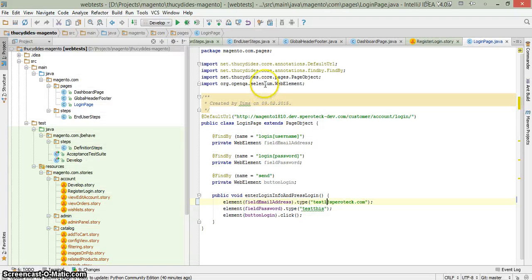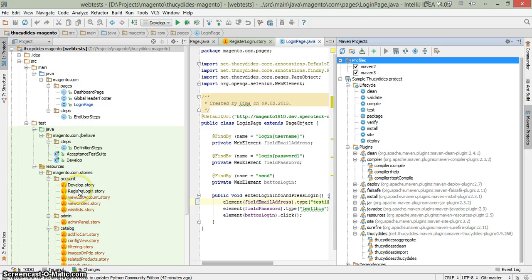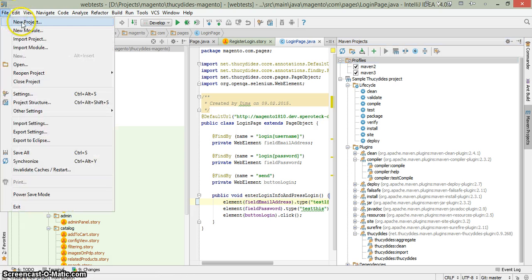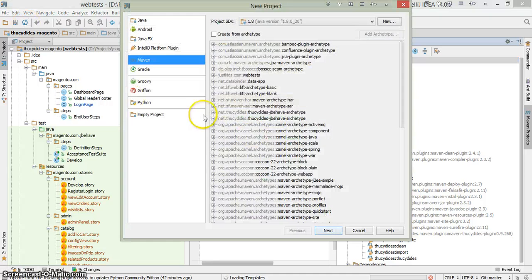Hello. Today I'm going to show you how to simply create a test framework and a simple test case using the Thucydides framework. First of all, I opened my best IDE, IntelliJ IDEA, and there I create a new project with Maven and